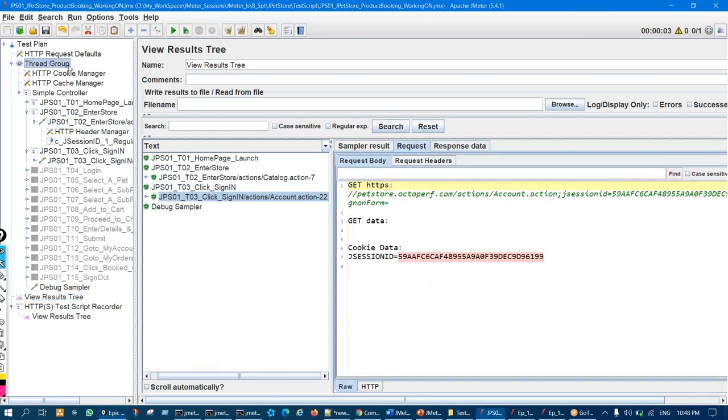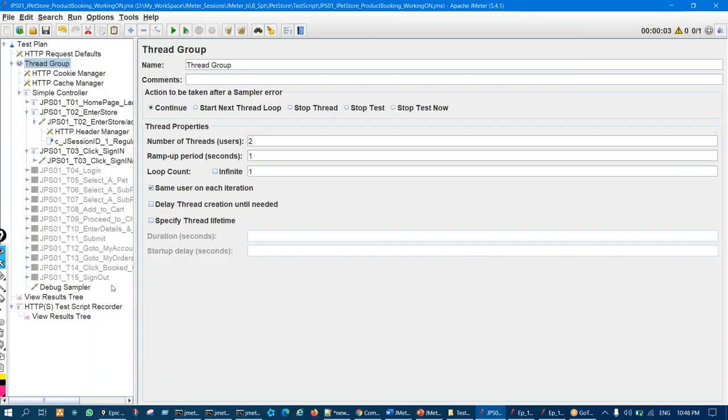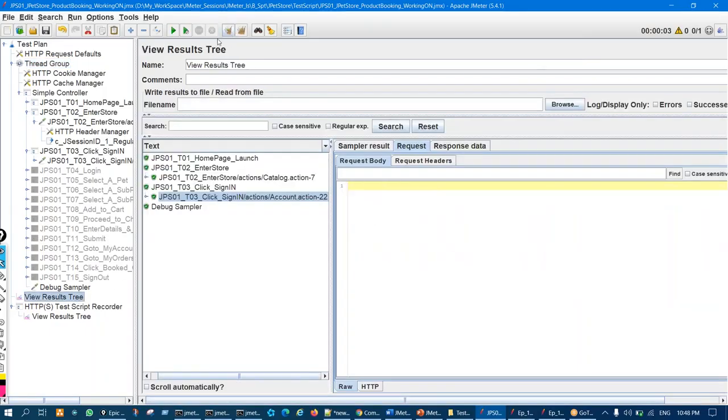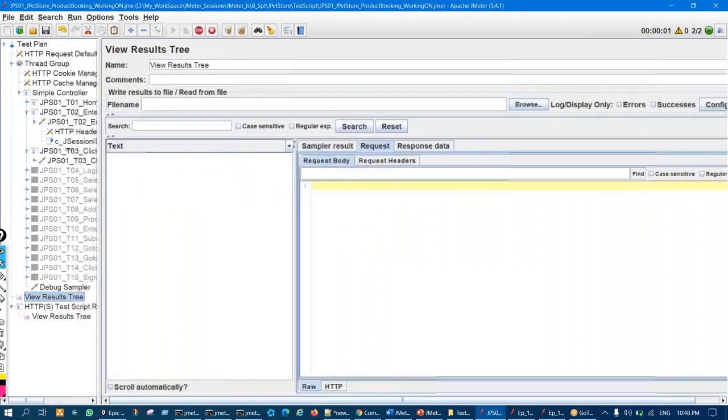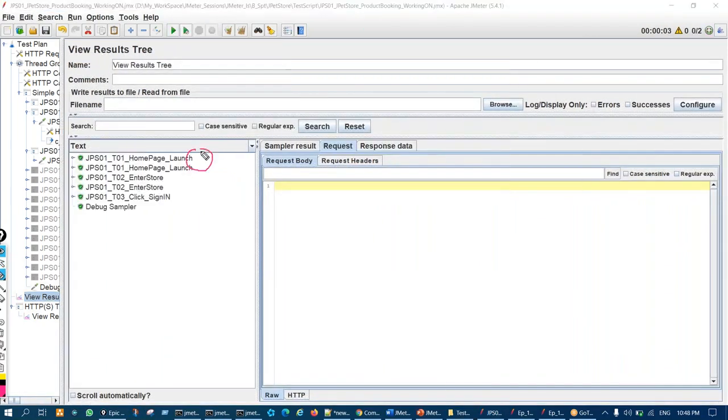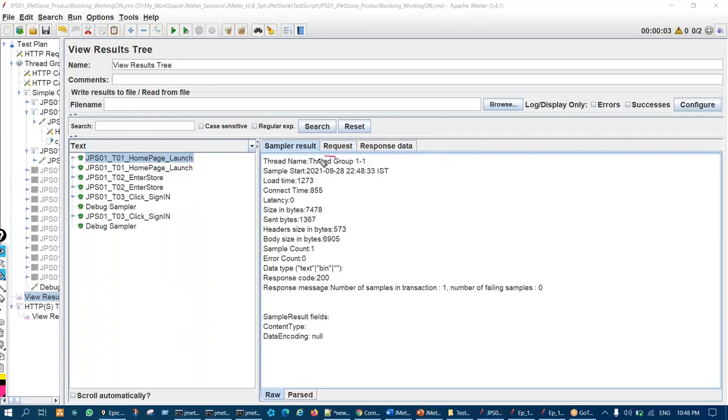Same way, if I run for 2 users, so now I'm running it for 2 users. You'll see 2 users will do home page launch 2 times, both users will do enter store 2 times, and both users will do sign in 2 times. How to know which user has done what? If you click on this and then on the tab sampler result, you'll see it here. It will be written like